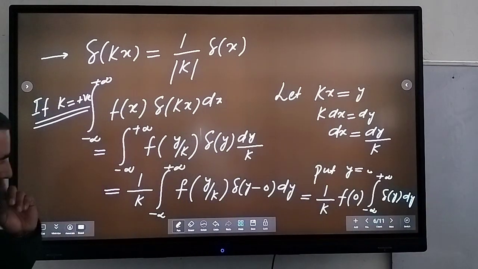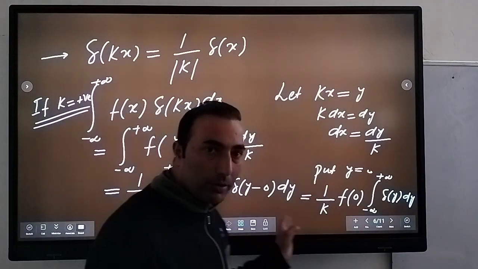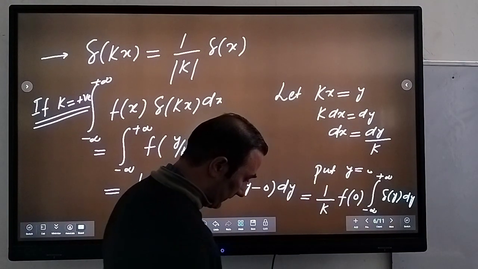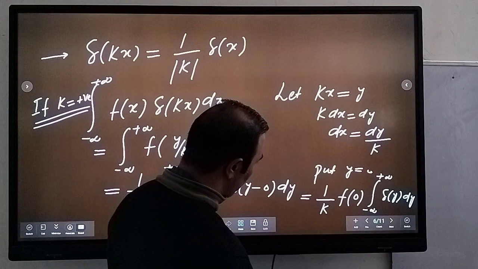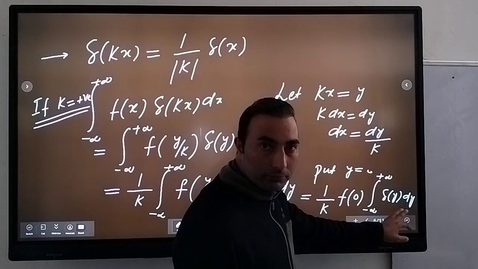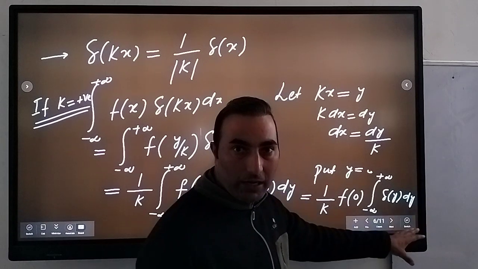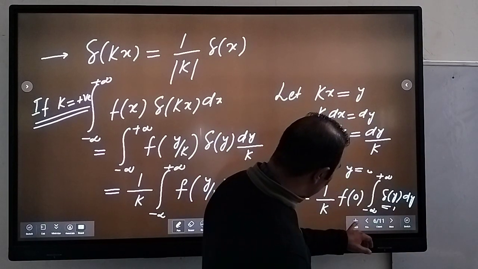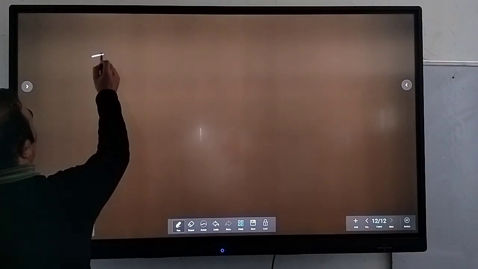Okay, because y equal to 0, so this is f of 0, right? And delta y. Because its value is the area under that curve, delta y dy, so by the first property of the delta function, it is equal to 1. So its value becomes 1. So that means I can have that 1 by k